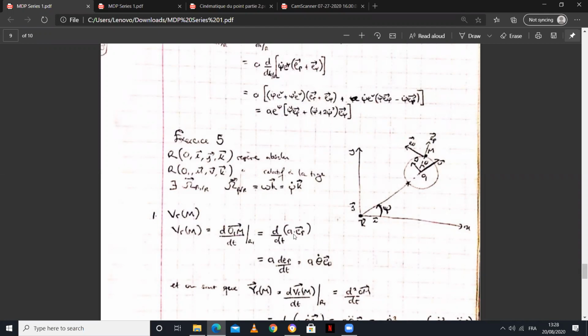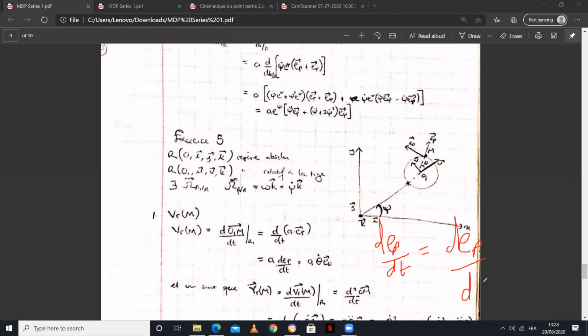So we are going to derive this e rho because the R is fixed. It's just the radius. The radius is not changing. e rho is what we are going to derive. And when we derive e rho par rapport au temps, it's still going to be the same rule we had. We said de rho dt is equal to de rho